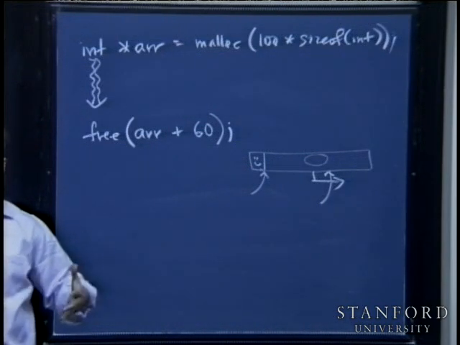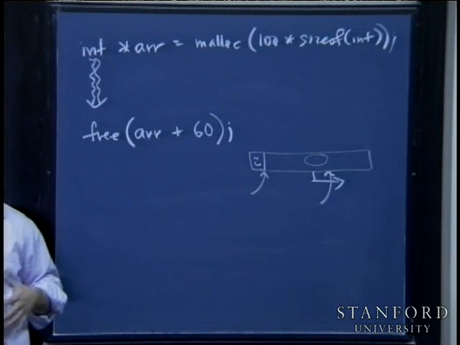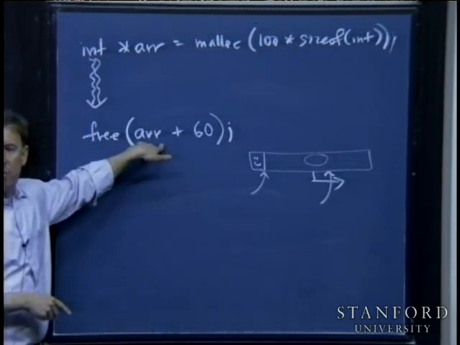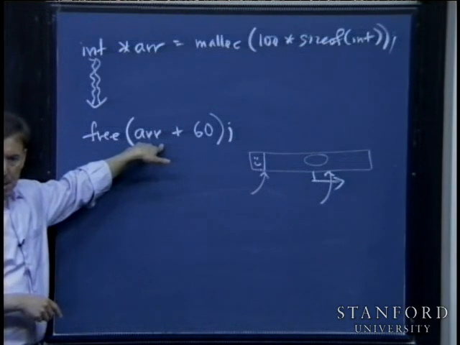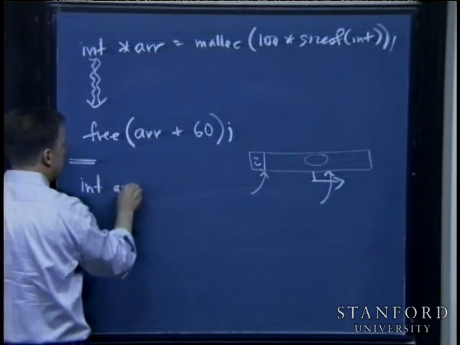Now, you're not necessarily sure what impact that has on the heap and what data structures look like. I'll give you a sense in a second. But the bottom line, the takeaway point here, is that you can't do that, and now you have some insight as to why. Okay? If you do this, int array[100],